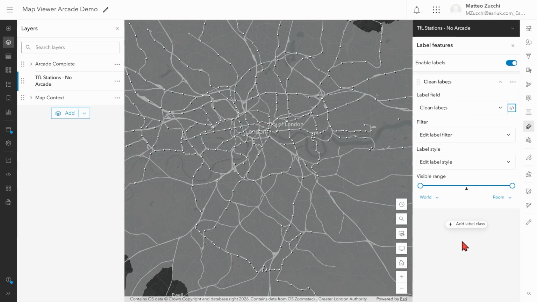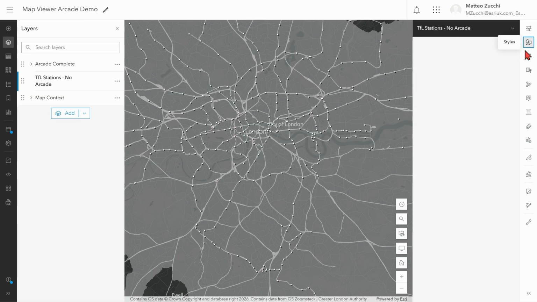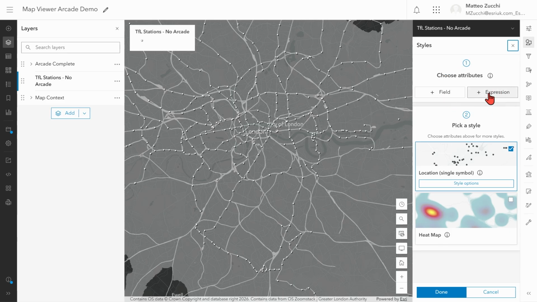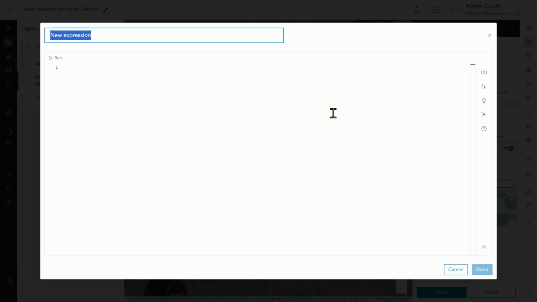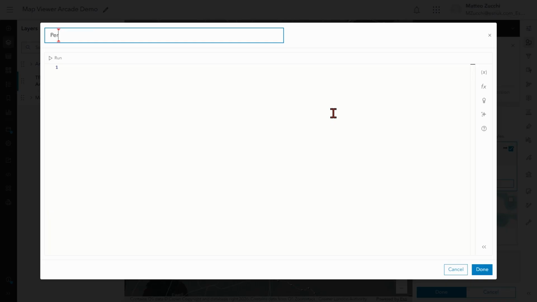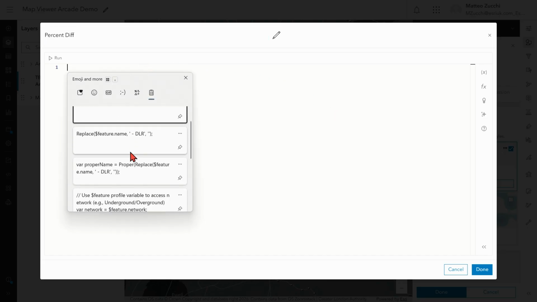Helps our feedback. The next thing we can do to get towards that map Liv showed us is to mess with the symbology a little bit. So if I head over to the styles pane, I can do that using the expression option. And I know in my data set there exist two fields, one for expected daily crowding at each of my stations, and one for actual observed crowding. What I want to do with Arcade is bring some insight out of that data without actually editing the underlying schema. So if I name something, something like %diff,